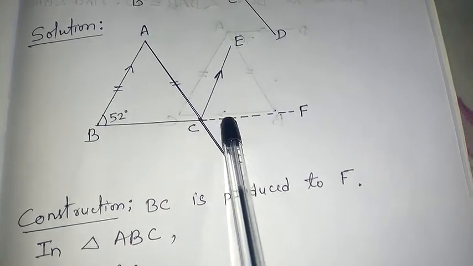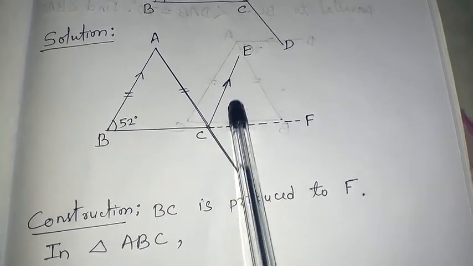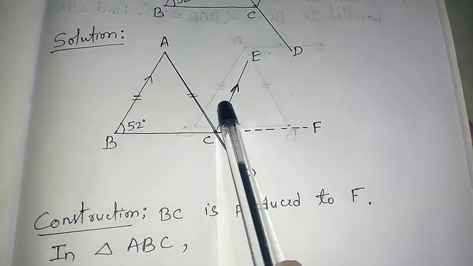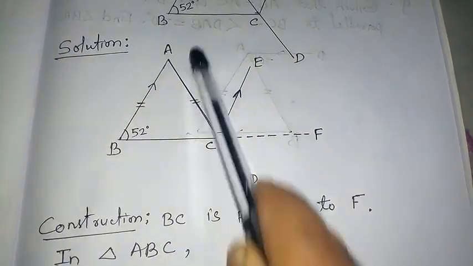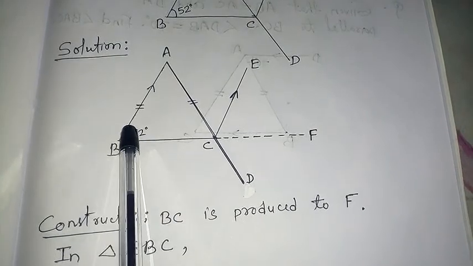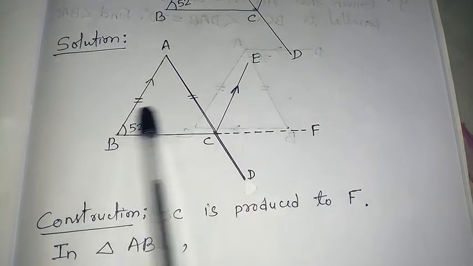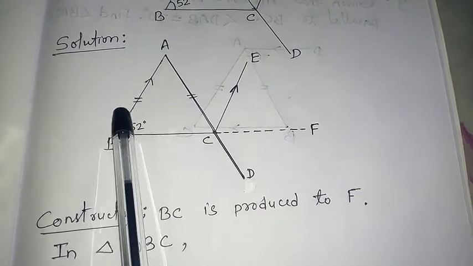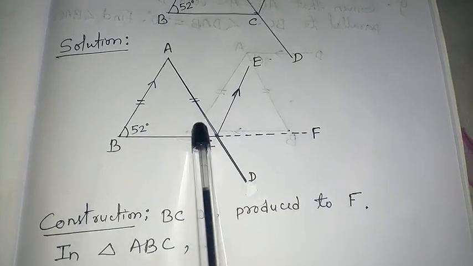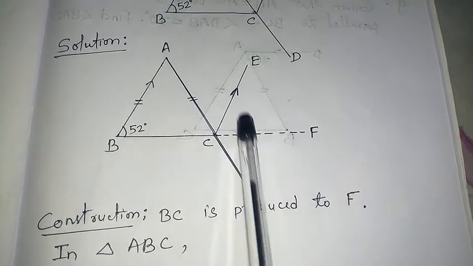Now the lower part is known. I have to know now the upper part. The upper part means this particular part. Now these two lines are parallel. So if it is 52, it is also 52. They are said to be corresponding angles. This was vertically opposite, but this is said to be corresponding.